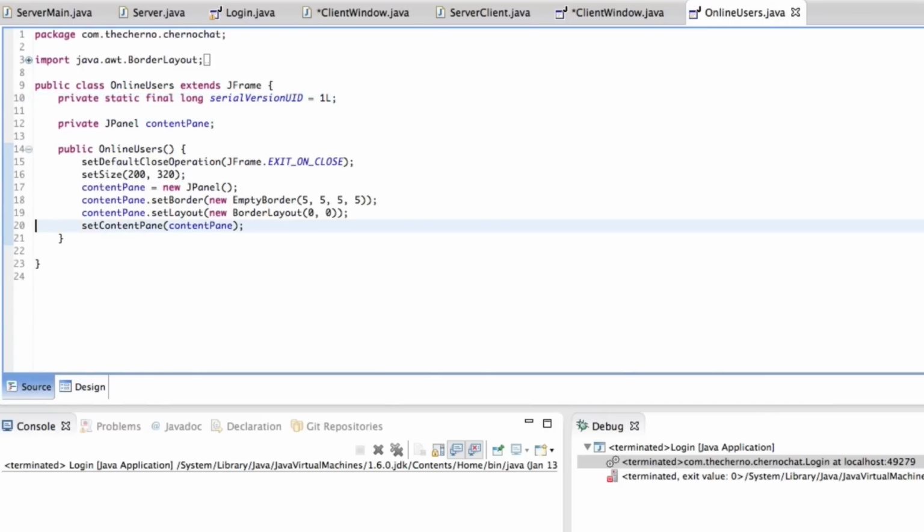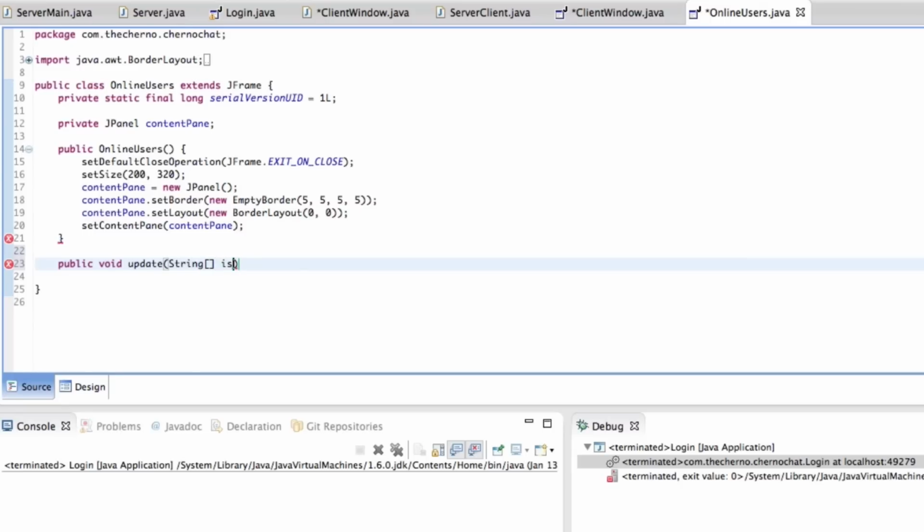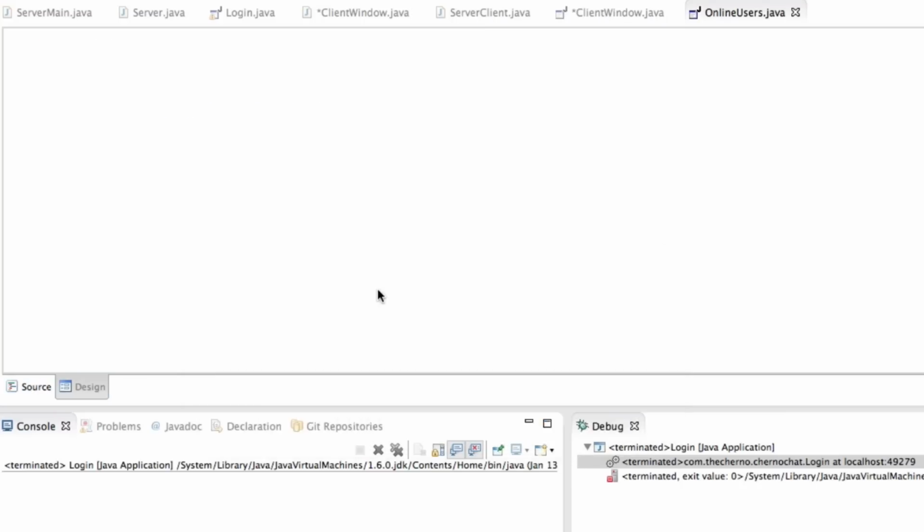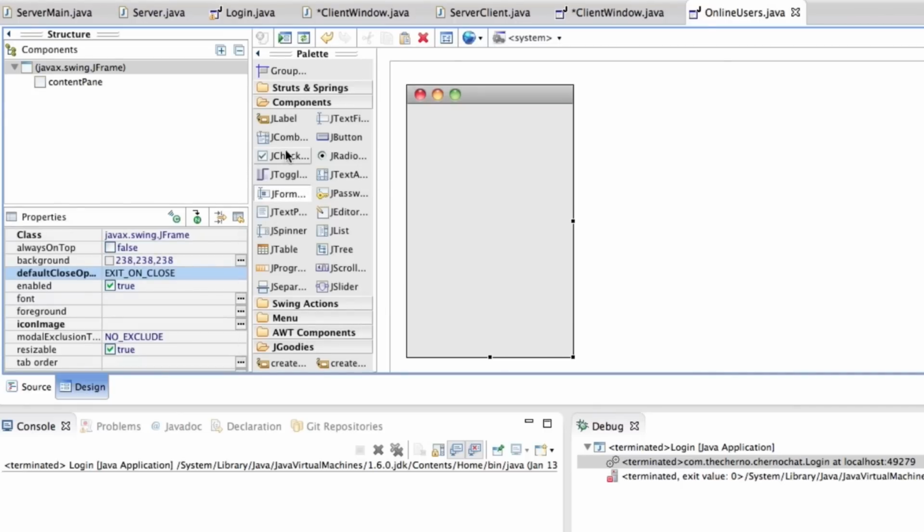Now, we want to have a few methods here, okay? We want to have a public void update along with a string array of users. So in other words, this is what's going to populate our list that we're about to put in. And that is pretty much it for now, okay? If we switch back over to design, you'll be able to,